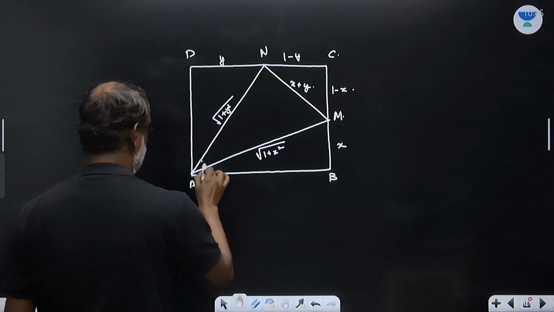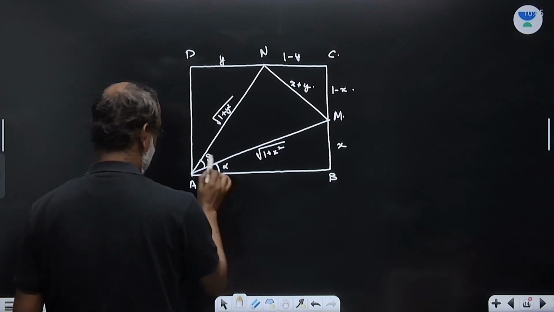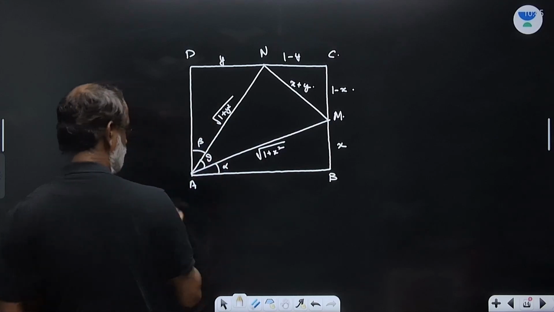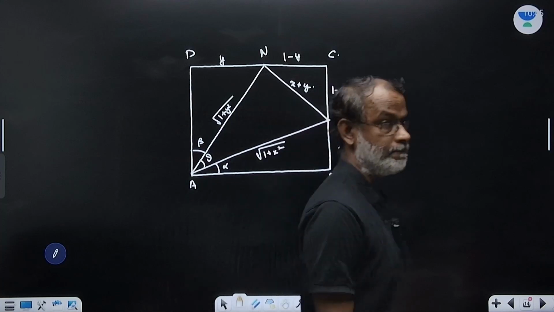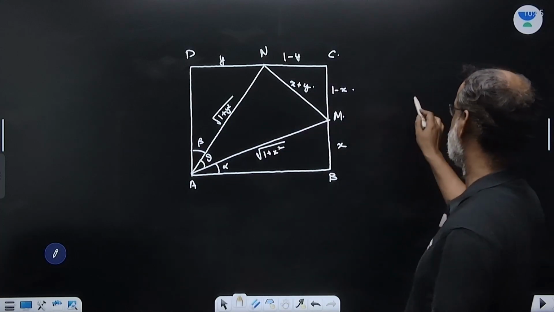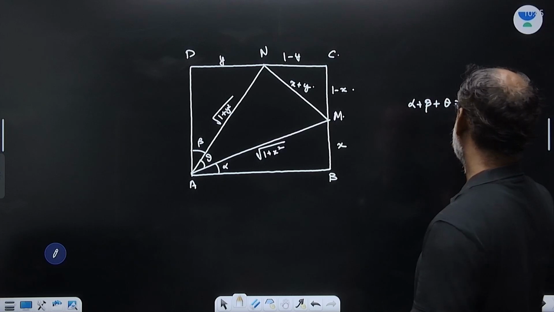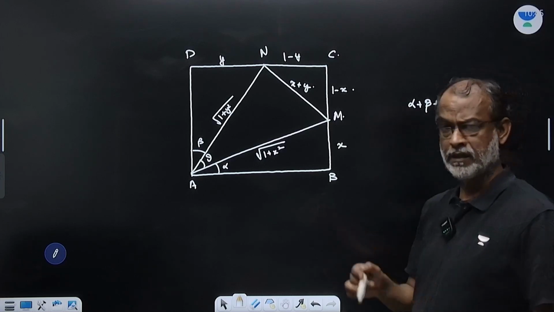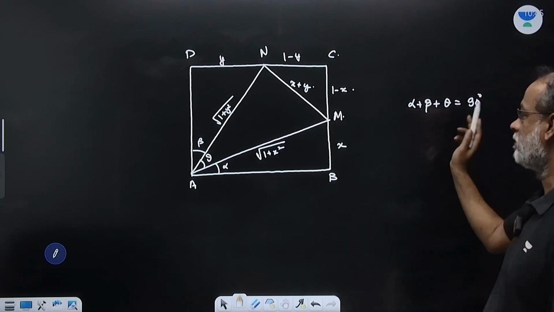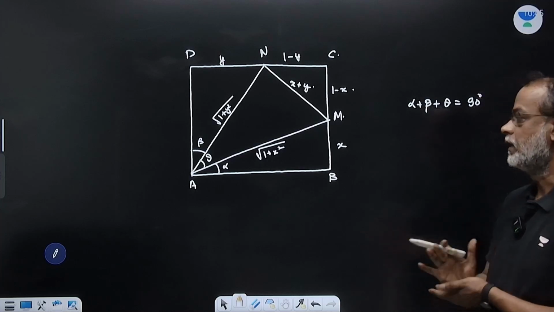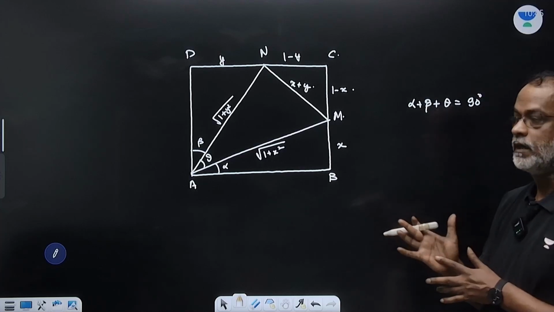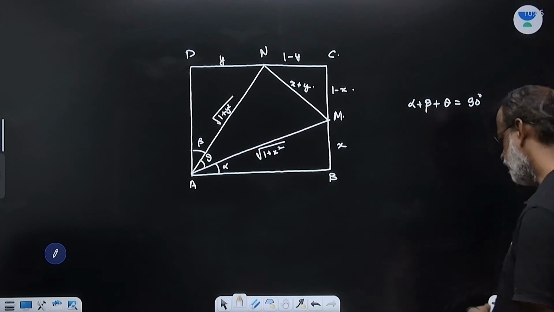This is theta, this is alpha, this is beta. Okay. So, one thing is that alpha plus beta plus theta is 90 degrees. So, we already know the answer. We have to show that alpha plus beta is theta. Okay. So, the alpha plus beta is theta, but again, even otherwise,